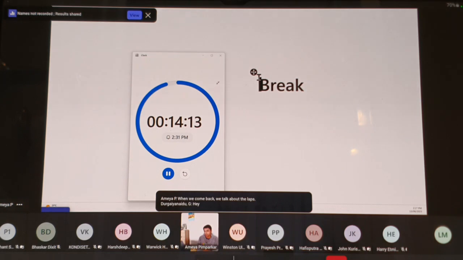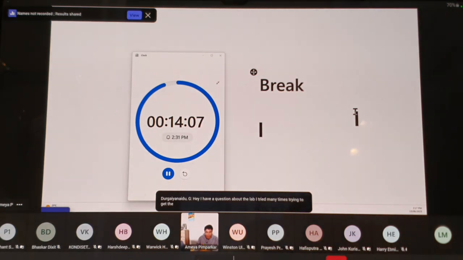Hey, I have a question about the lab. Yeah. I tried many times trying to get the lab. I'm getting